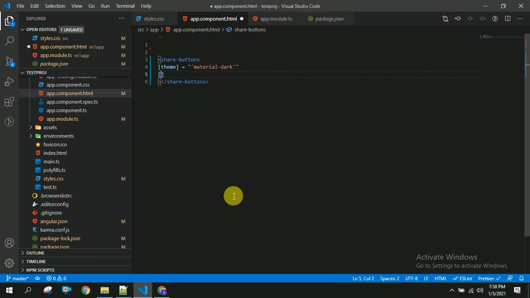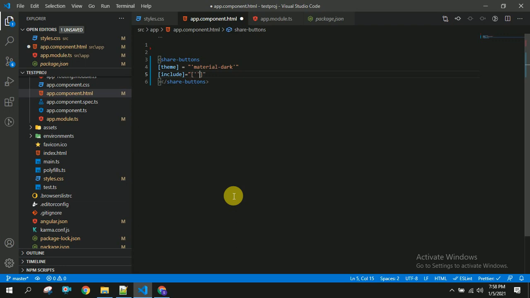The next thing is include. If you want to include only Facebook or WhatsApp, you can write only Facebook or WhatsApp. And if you want to include LinkedIn and Pinterest, etc., you can write here. It will take the array.